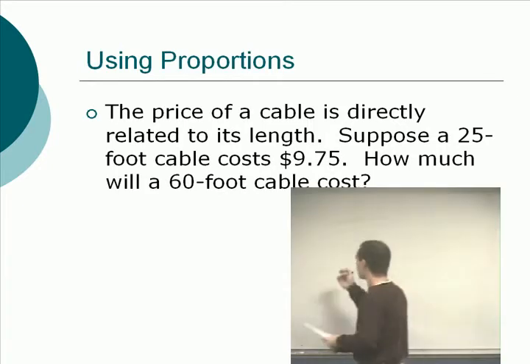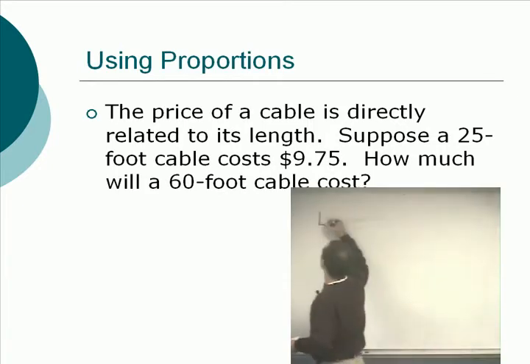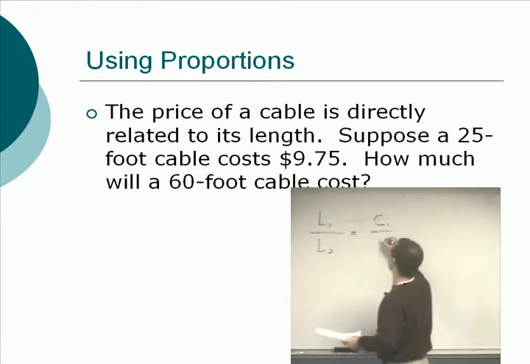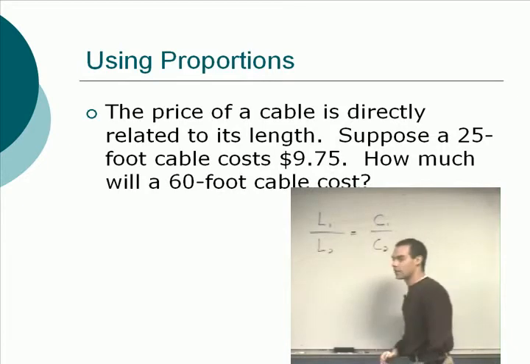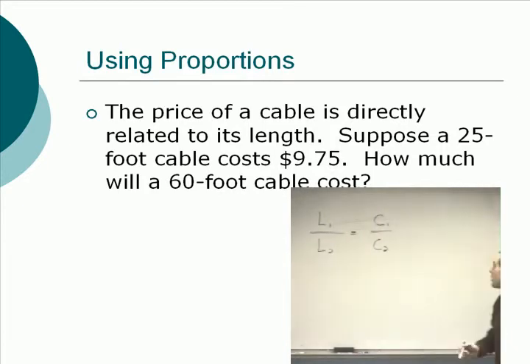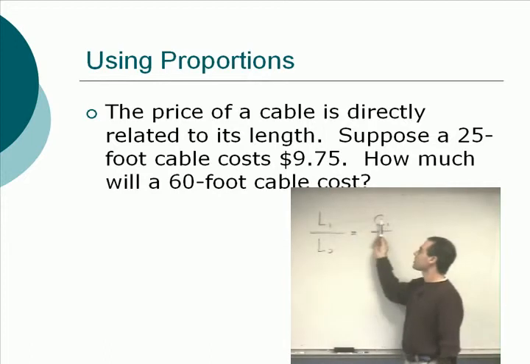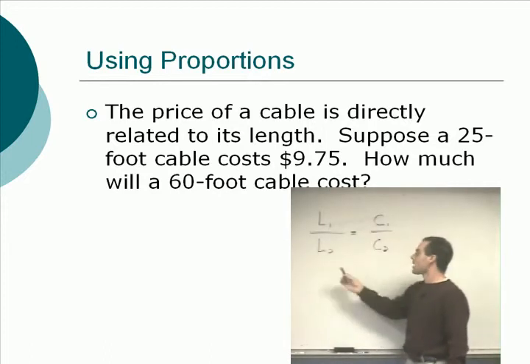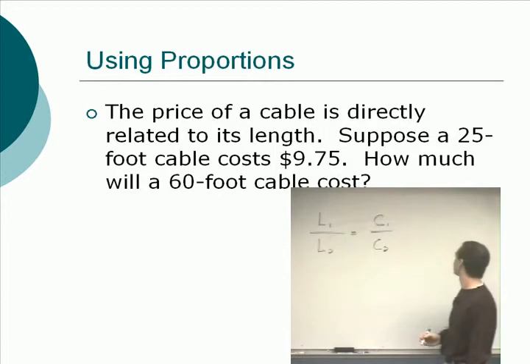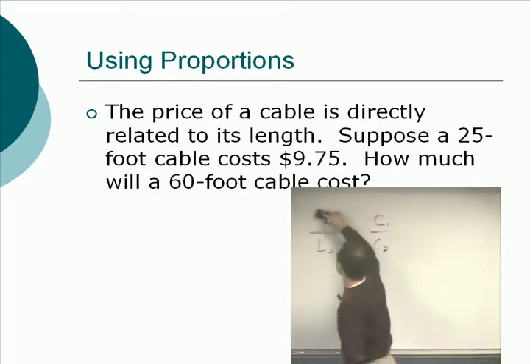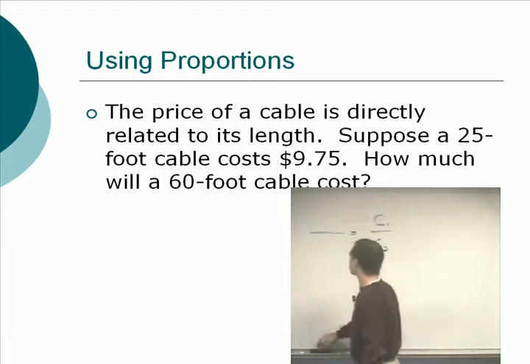We're going to say that the length of the first cable compared to the length of the second cable is equal to the cost of the first cable over the cost of the second cable. Directly proportional means that we're talking about one cable on the top half of this proportion and then the second cable on the bottom half. Well, then we fill in our values. The length of the first cable was 25 feet. The length of the second